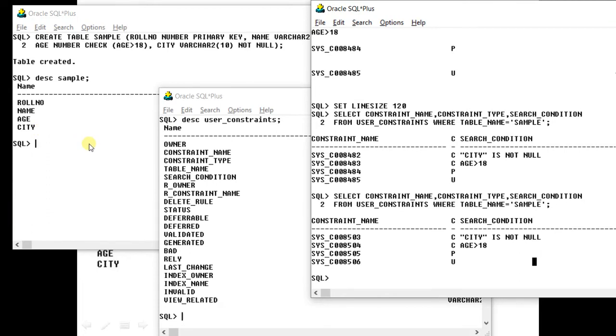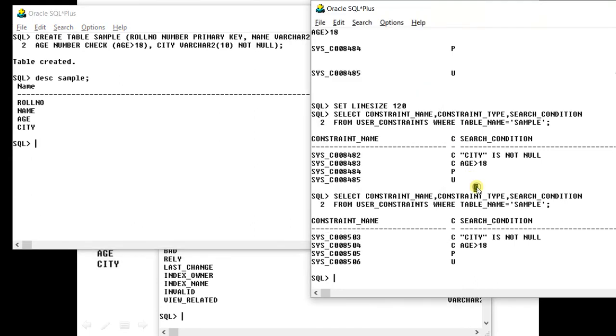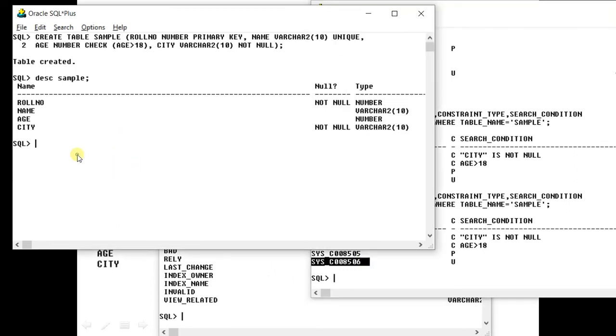Now come to a part. Suppose you want to drop this unique constraint from this table. You can see I have displayed the output of the constraints of the sample table, and U is displayed in front of this. So this is the constraint name which you can use. What will we type?